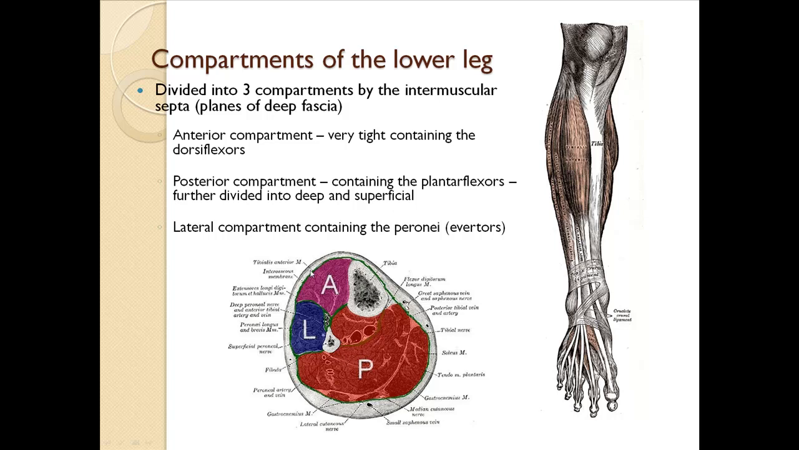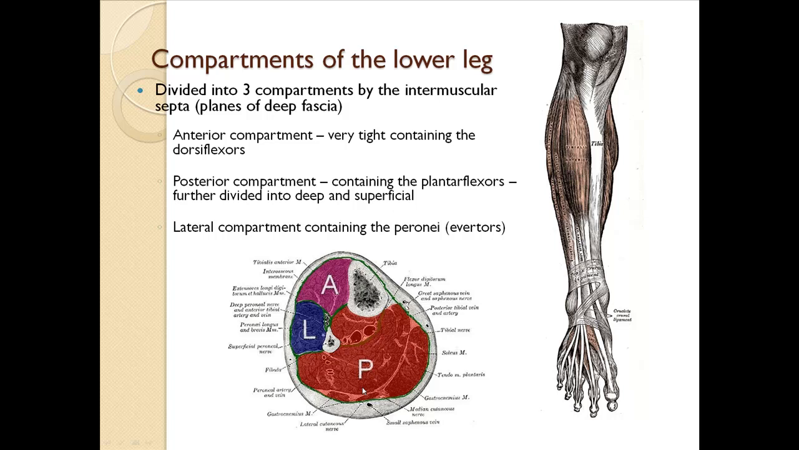That is the deep fascia, and periodically the deep fascia sends intermuscular septa to divide the muscles into their functional compartments. And there are really three compartments, although one of the compartments is divided up into two. We've got an anterior compartment here which contains the dorsiflexors. We've got the lateral compartment which contains the everters, the peroneal muscles, and here we've got the posterior compartment which